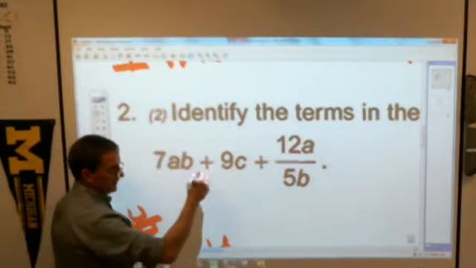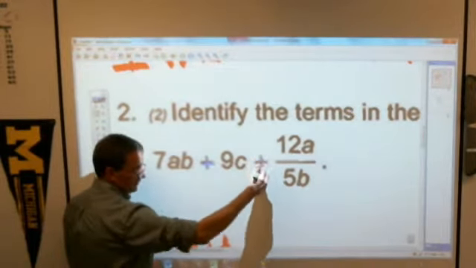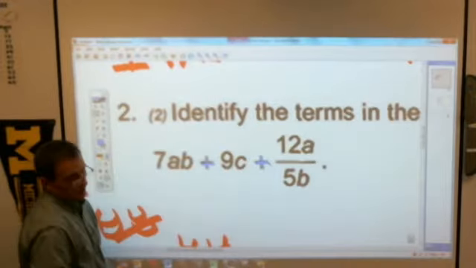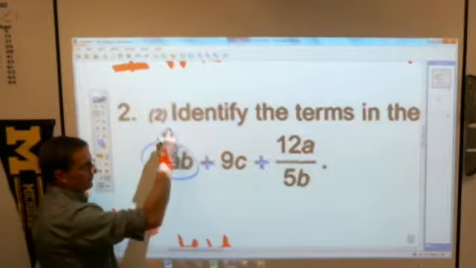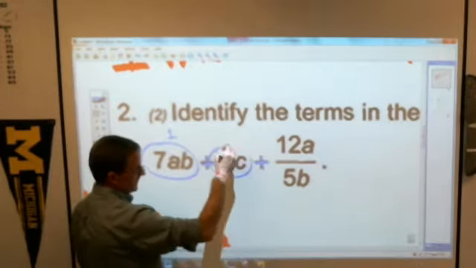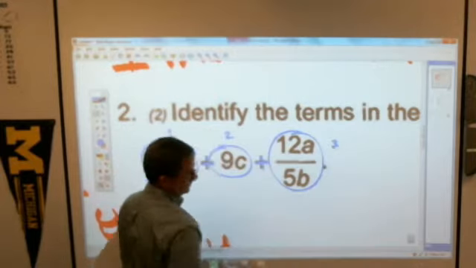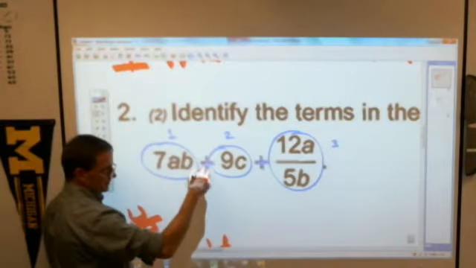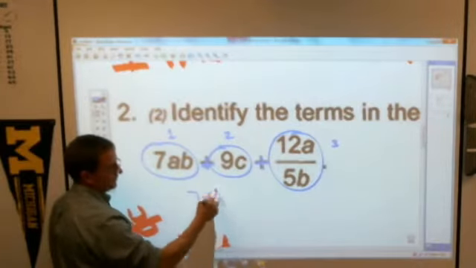Terms are simply things that are separated by addition and subtraction signs that are not in parentheses. In other words, what are you adding together? This is the first term. This is one of them. This is the second one. And this is simply the third one. It has 3 terms. Because if those addition signs were not there, if this was the problem,